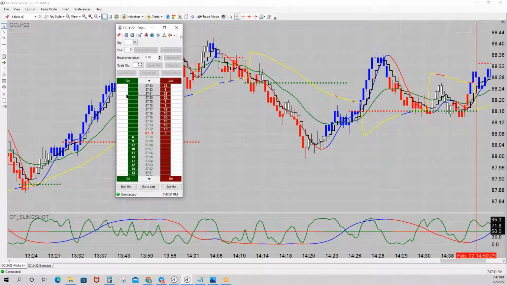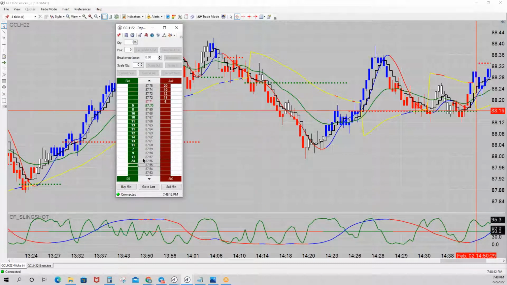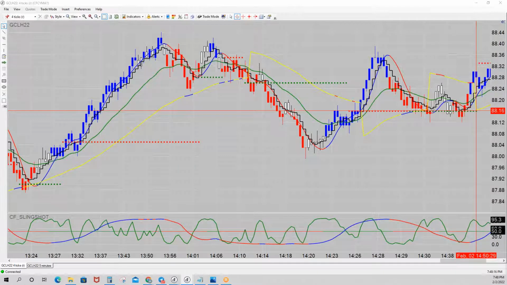Now this is your depth of market. What you'd be doing is, if you were going to buy, you'd put a buy order up here, or if you were going to wait until the bar closed, you would just drop it right here. You can do limit orders, you can do bracket orders. What I do is set the stop and I leave the target open. And then as the trade starts to develop, if I see some good number that I think is going to be the place that it's going to go, I'll tell you about that number, and I will do just like I did in that